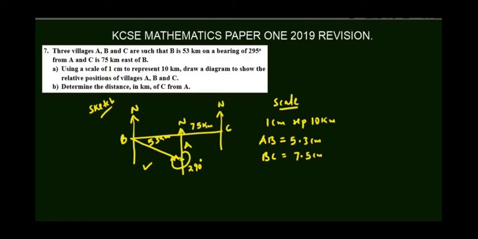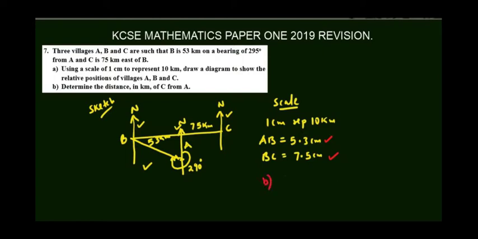We must indicate N for north at that particular point. So this line, that line, and that line right there all have to be parallel for the sake of accuracy. So upon drawing with these measurements, then we expect